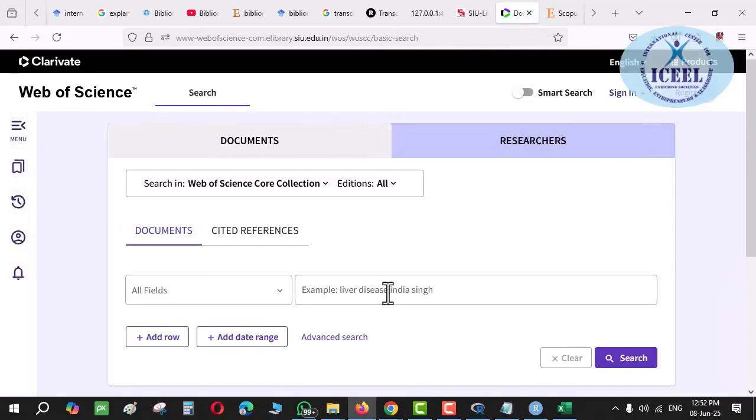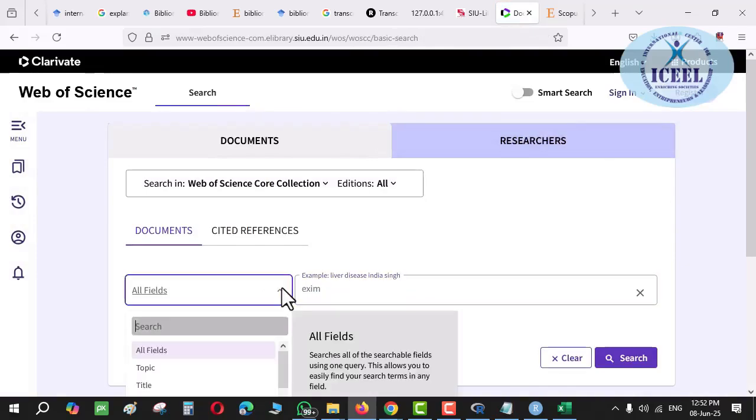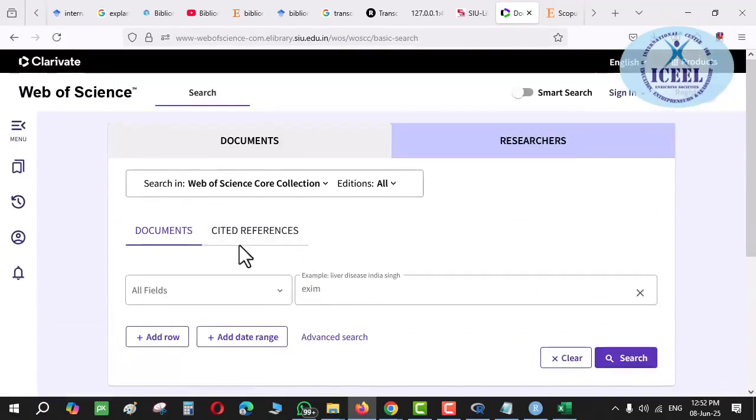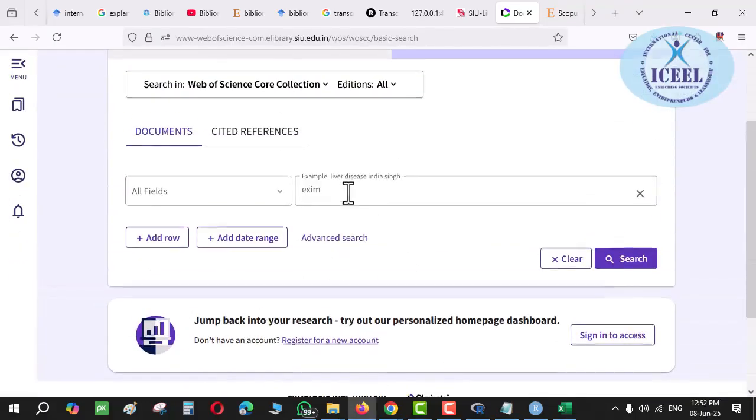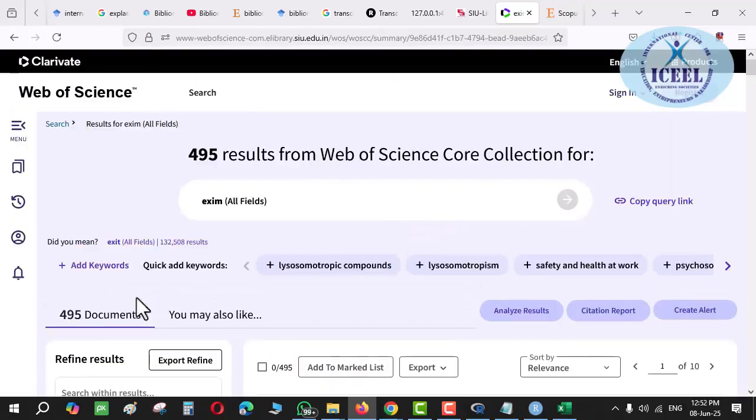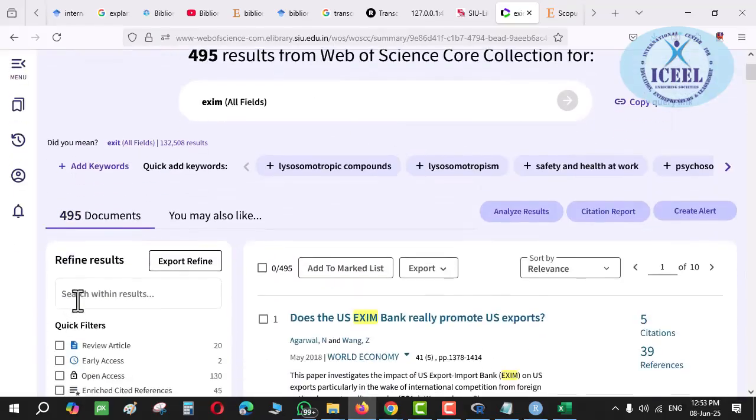Okay, great. See here, suppose I'm going to put a word again, eczema, right? All fields I search over here. Since we have access with the Web of Science, Clarivate, we can see this document field. Otherwise, this document section will be disabled for us, right? I'm going to click on this, and I'll be getting this 495.